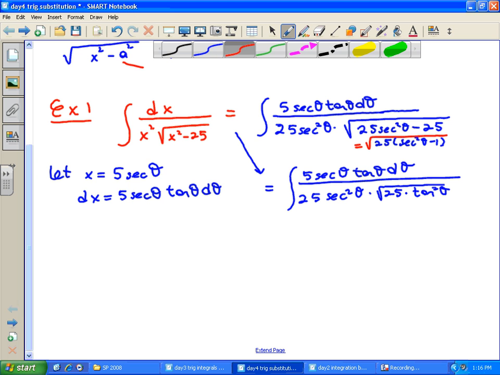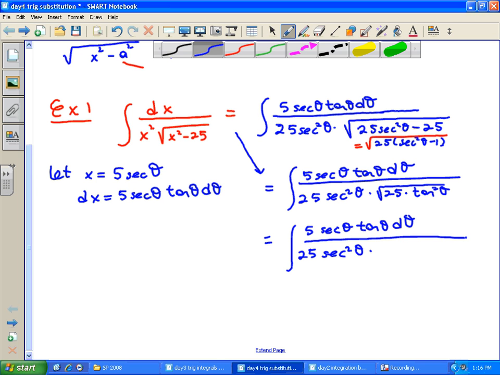Okay, so once again, let's try to simplify this a bit. How am I taking the 25 tangent square out of the square root sign? 5 tangent theta, right? So write everything else as they are. In the next step, we're going to be doing a lot of simplifications. So let's cancel away things that can be canceled. The 5's are gone. The tangent thetas are gone. So what I'm left with is